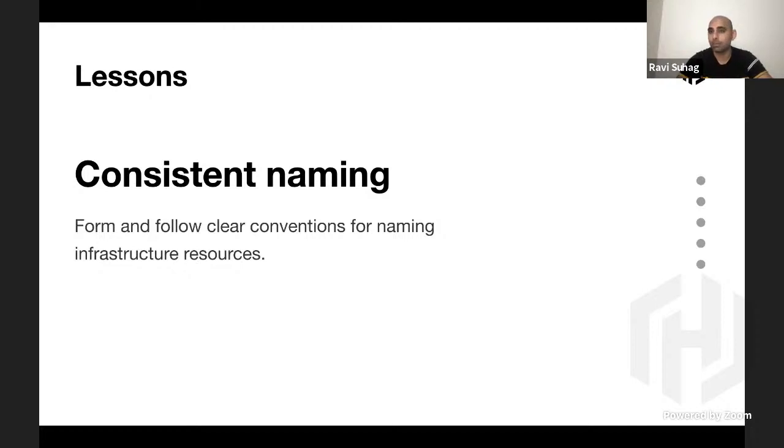So people will say what their team name is and which environment they're deploying on, and behind the scenes, the module